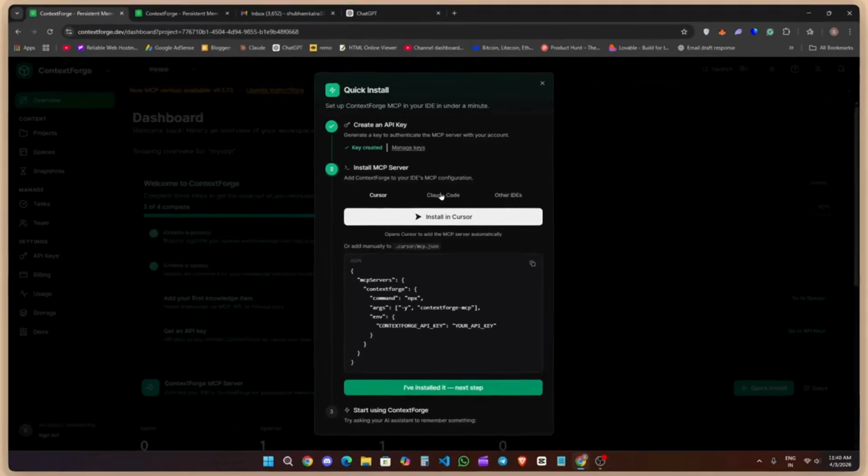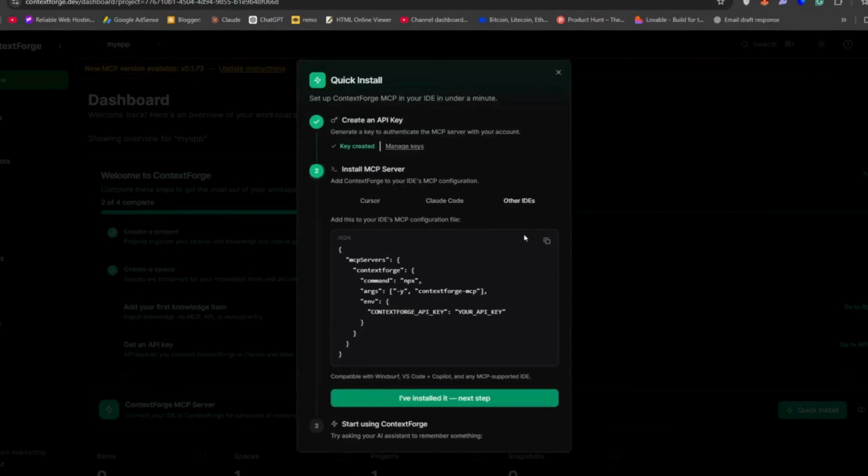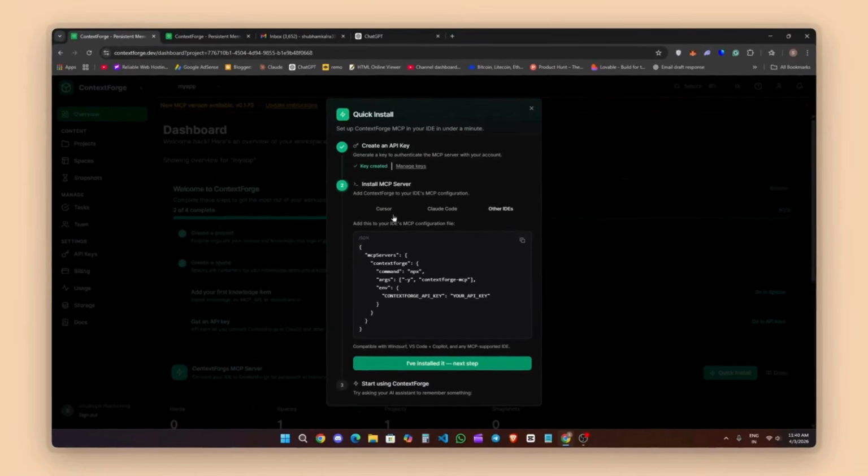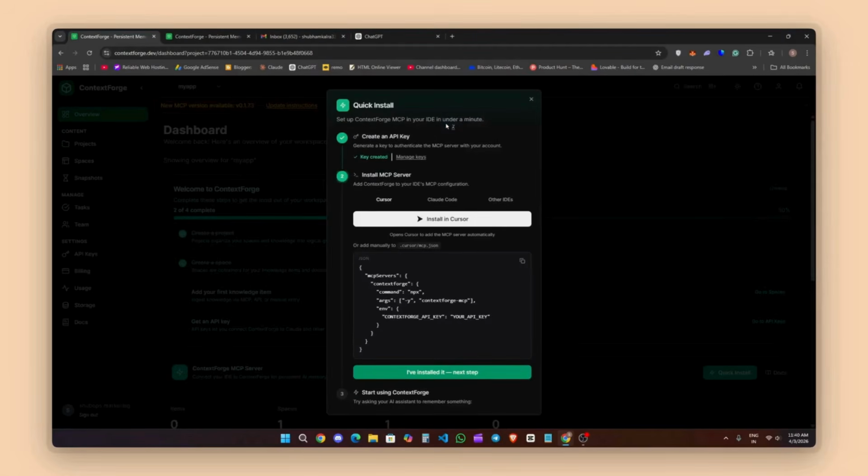You can install ContextForge in your preferred IDE, whether that's Cursor, Claude Code, or any other tool that supports MCP. You basically have 2 options. One is one-click install, which is the recommended one. If you are using Cursor like me or Claude Code, you can just click on this button, like I will just click on the install in Cursor and your Cursor will open and you can install it. You also have a complete mcp.json file that you can copy and paste into your